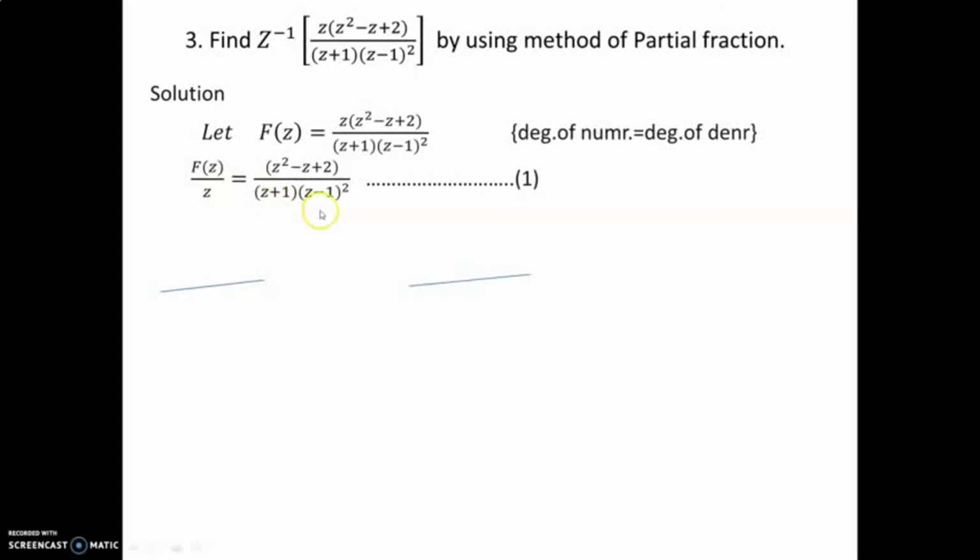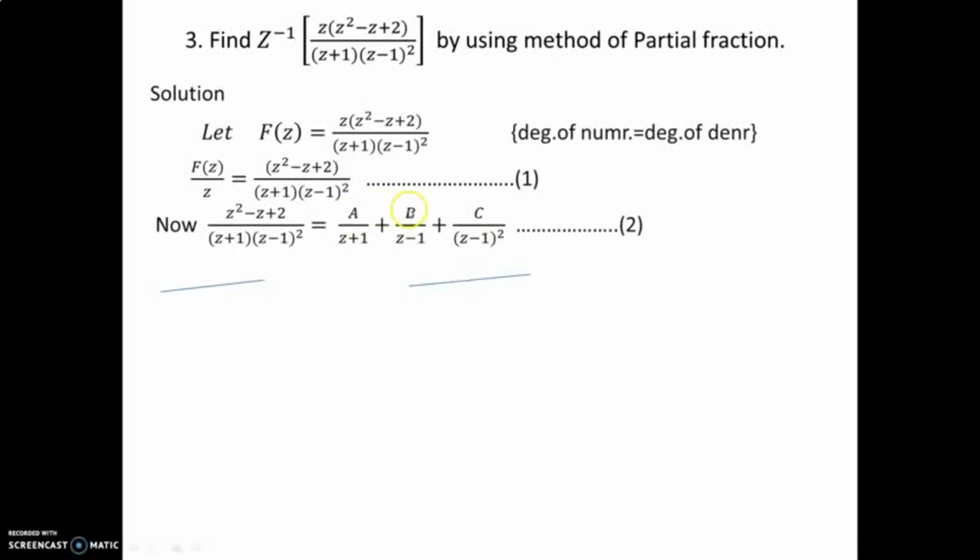So we can apply the partial fraction method. The degree of the denominator is 3, so there are 3 arbitrary constants, say capital A, B, C, and these are linear factors. The first factor is z plus 1, but its order is 1. Therefore, the partial fraction is A by z plus 1. The second factor is also linear, but its order is 2. Therefore, it splits into 2 terms: B divided by z minus 1 is one term, and also C divided by z minus 1 the whole squared.